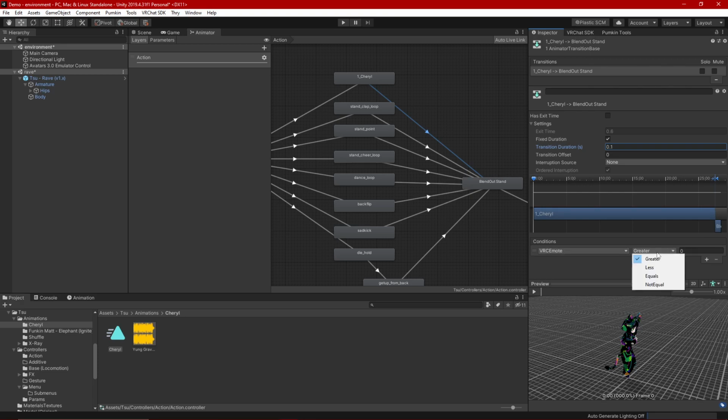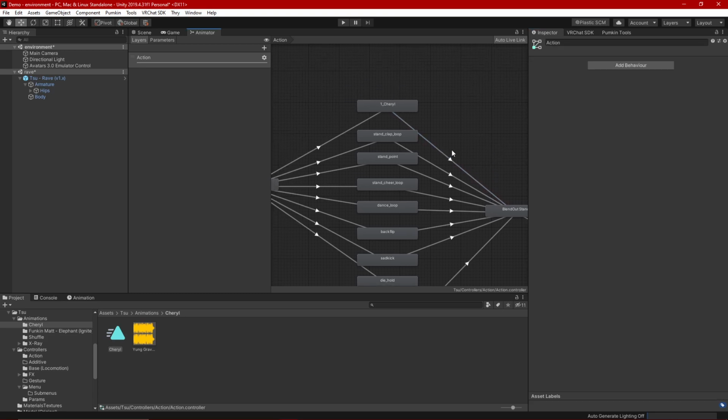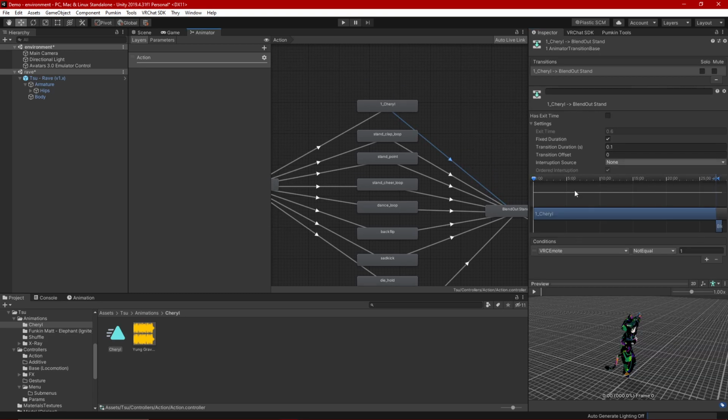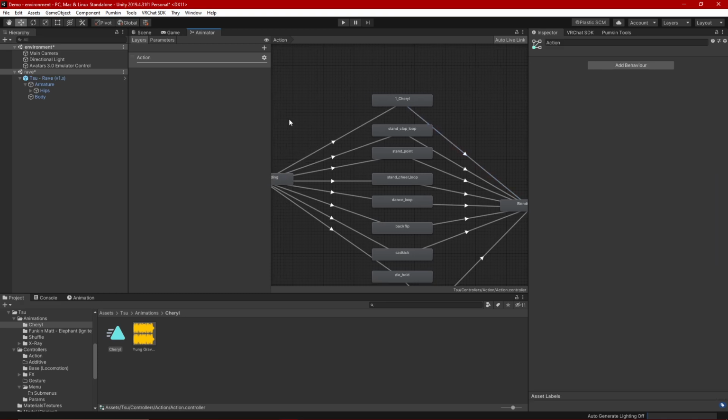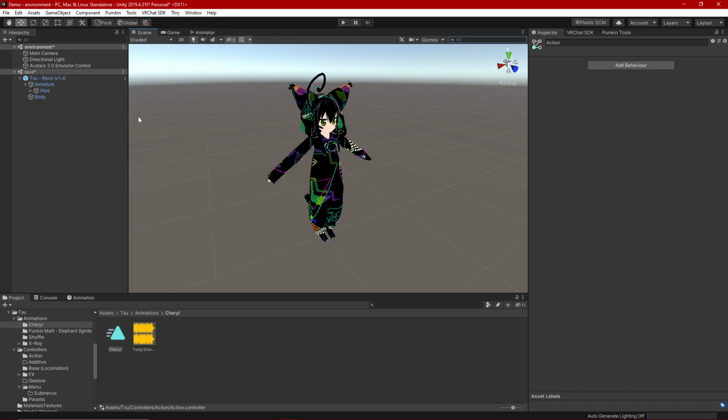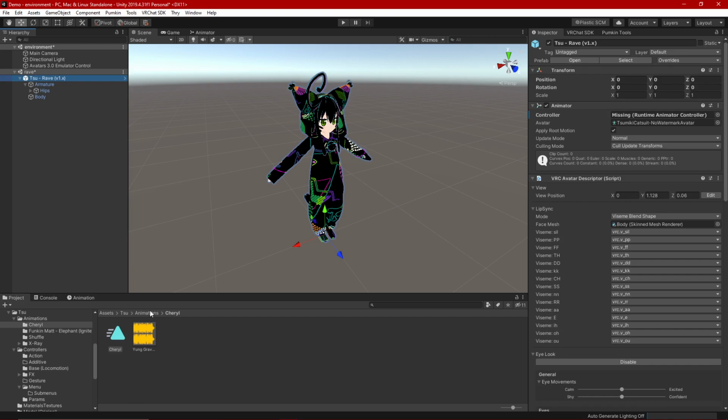So VRC emote not equal to 1, just like that. That's what we want. Just like this, that's what we want. Our action layer is now good to go for this animation. That's what we need to do. Now that we have